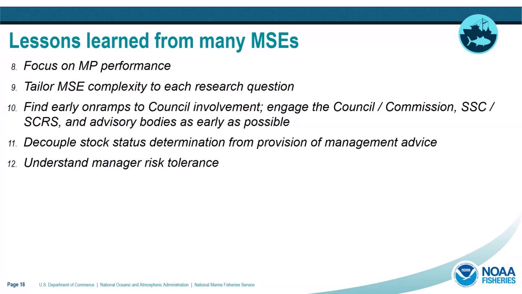And then understand manager risk tolerance. But the only way you get to risk tolerance is, we've asked that. Do you want 60%, 70% probability of meeting objectives? The only time you get someone who's a real decision maker to write down their risk tolerance is to show them the trade-off, and then they can say, okay, I can live with this. And that's where show, don't tell is so critical.